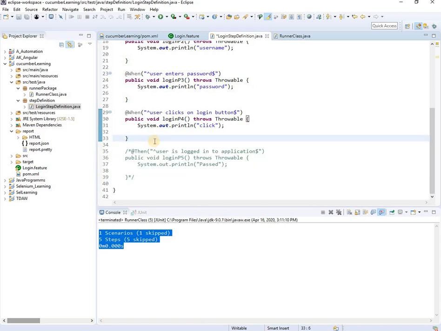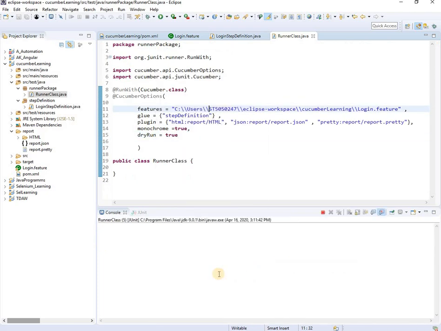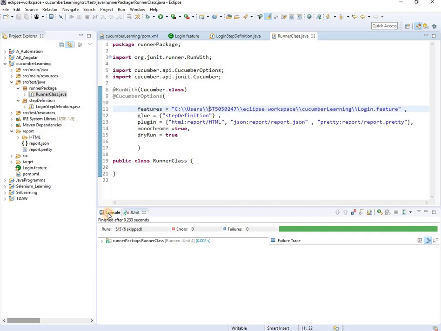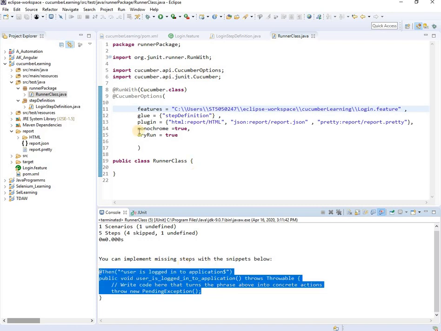I have commented this script. Okay. Now I will run it. As soon as I run it, it is giving me a console output that boss, you have not implemented this step. It is missing. So can you go ahead and implement it?